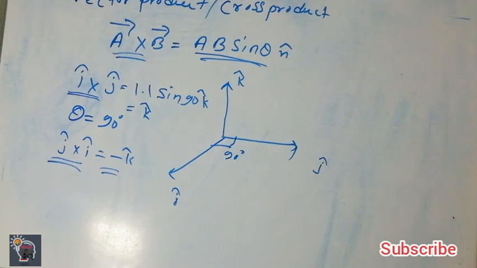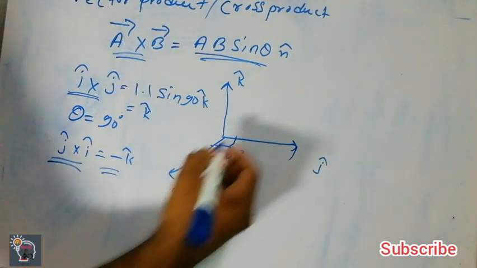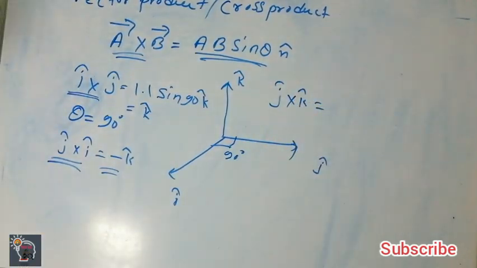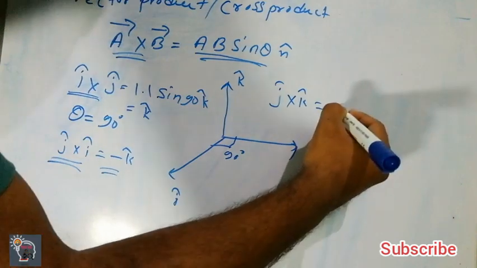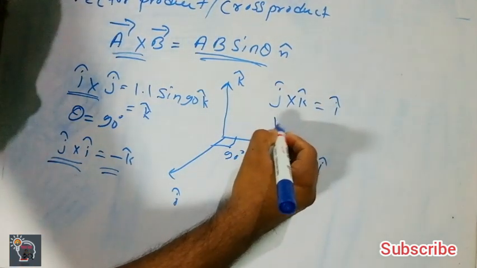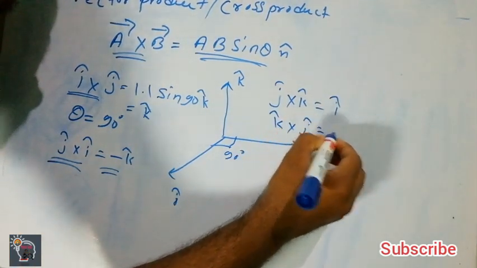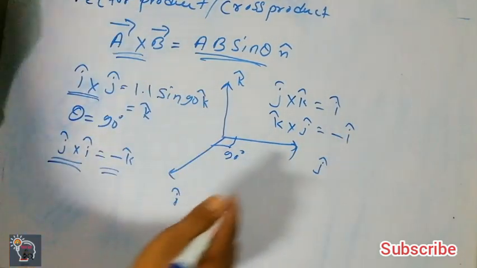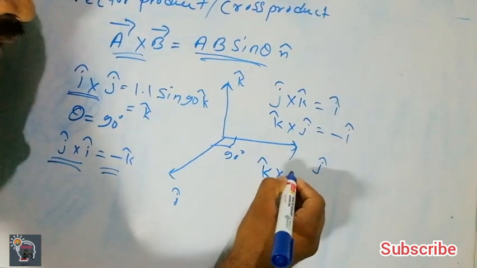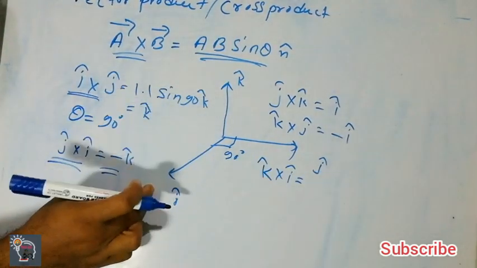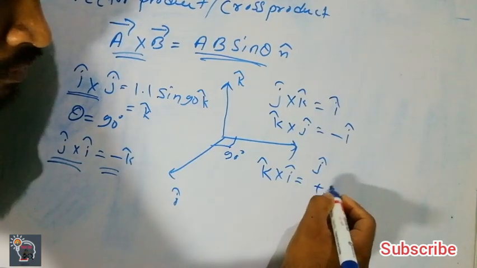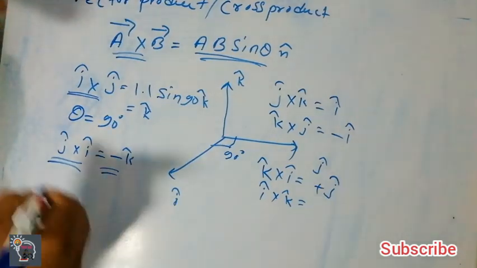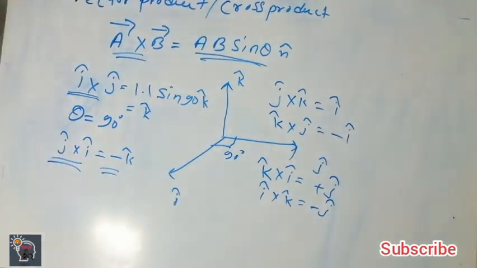Similarly, we can find out another product also, that is j cross k, that is equal to plus i cap, k cross j is equal to minus i cap, and k cross i is equal to plus j cap, and i cross k is equal to minus j cap. Okay,